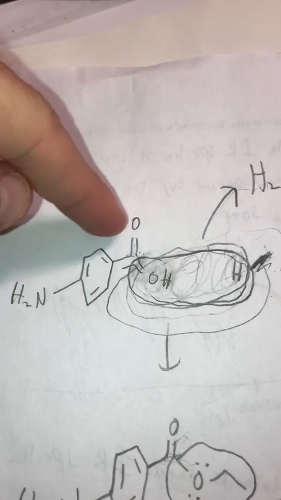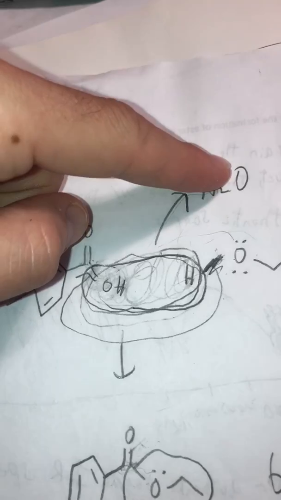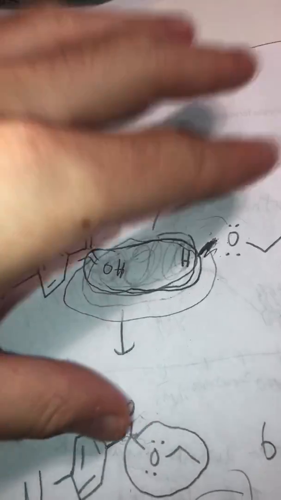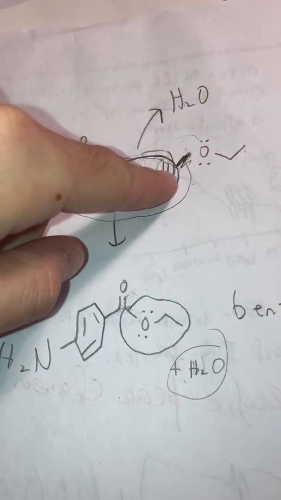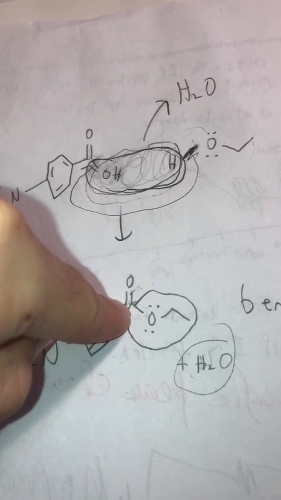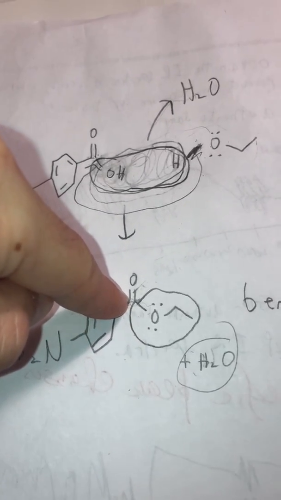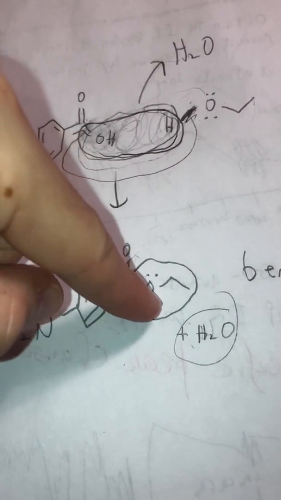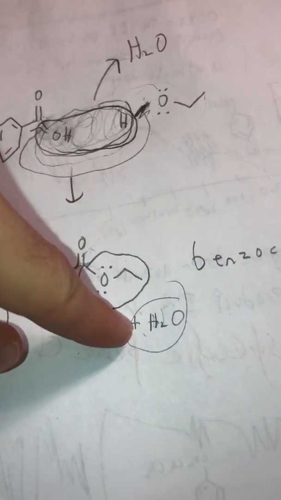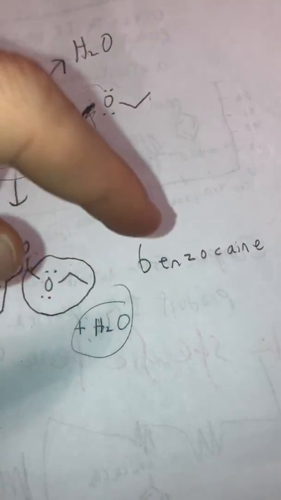So what happens here is the OH group of the carboxylic acid and the H of the alcohol combine together to form H2O, which leaves. That classifies this as a condensation reaction. Water is being removed, and the rest is now attached to the carboxyl carbon of the p-aminobenzoic acid to form the ester. This is the ester, right? The C double bond O, O, R. Here's the R group. Here's another O. And water here. So that is benzocaine, which was our product,